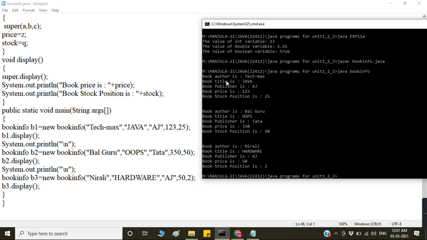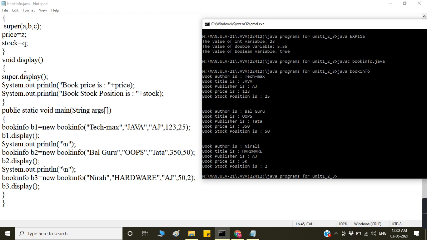The book author is TextMax and Java, publisher is AJ, price is 123 and stock is 25. Like this, all three display methods are called. This display means the subclass display method is called. We have created the object of the subclass, so the subclass object calls the subclass display method.